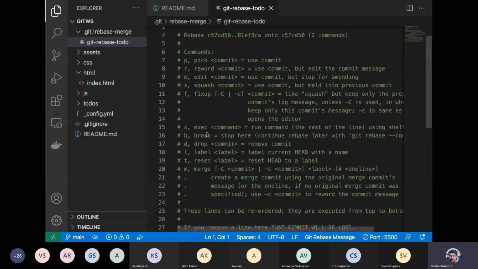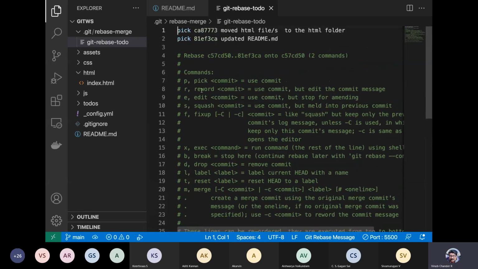There are so many commands. You can play around with this. You can see the documentation, play around with this and change the ordering, right? You can do whatever you want. So this is actually going back and forth over time, changing the messages, changing the order in which things have been committed. You would have done a commit in a particular order, but then you would have probably decided that, okay, fine, this was not the order that I actually wanted, but the order should have been like this, right? So that is the purpose of rebasing this.